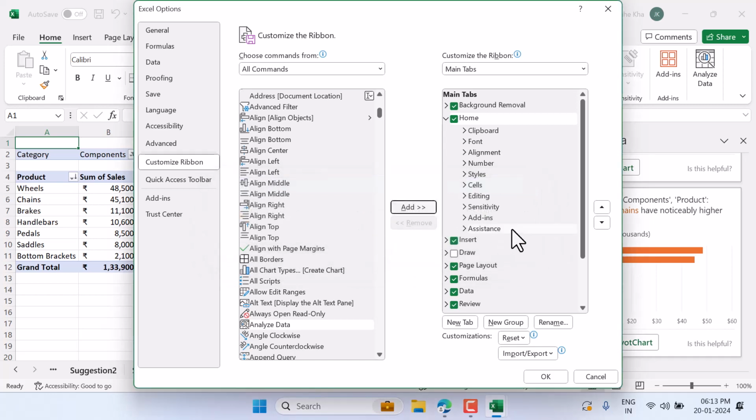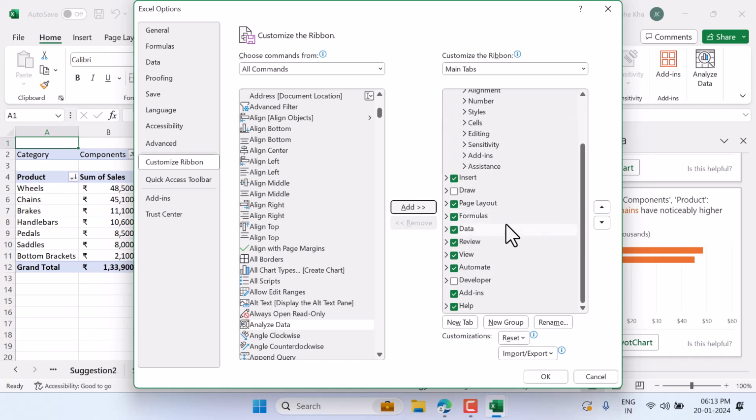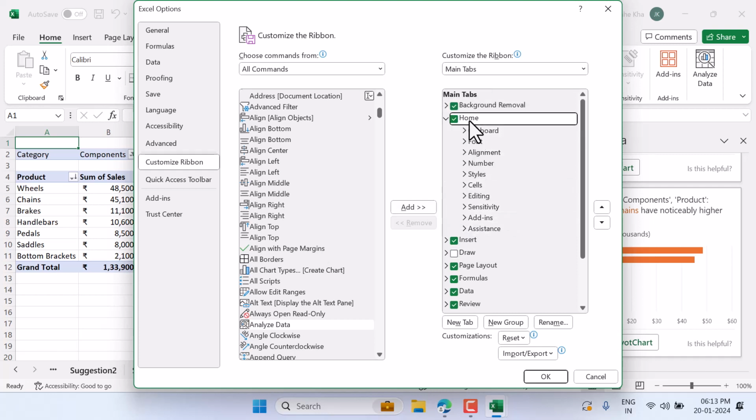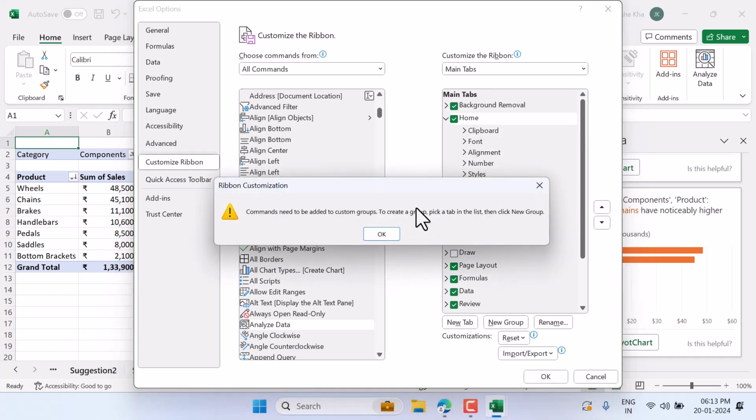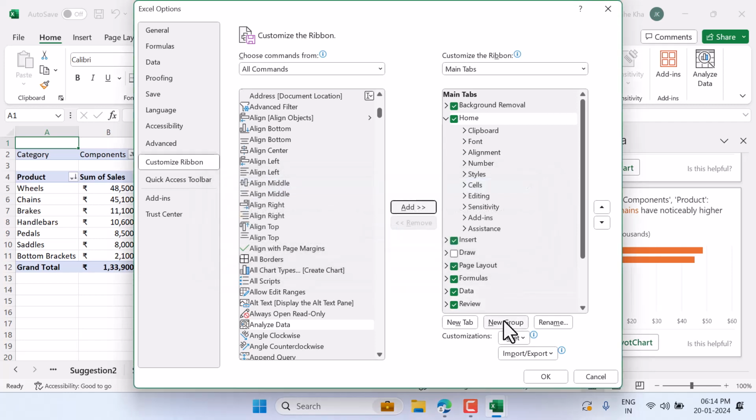So firstly you need to select any group, like I want to add this option in the Home tab. Select Home, then Edit. Now here guys, you need to create a custom group. So click New Group